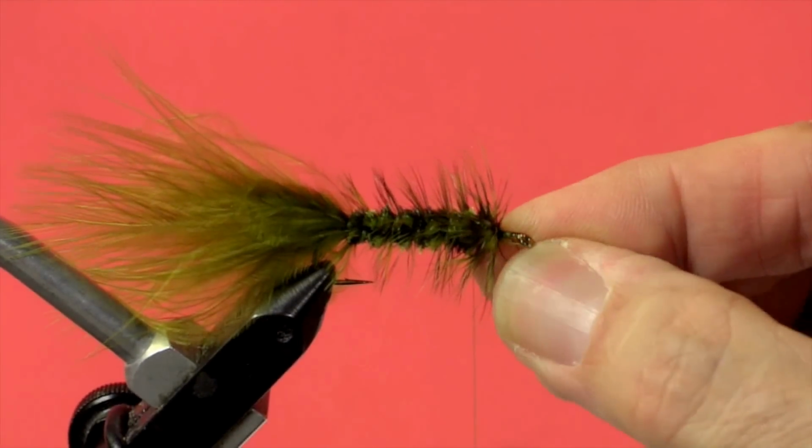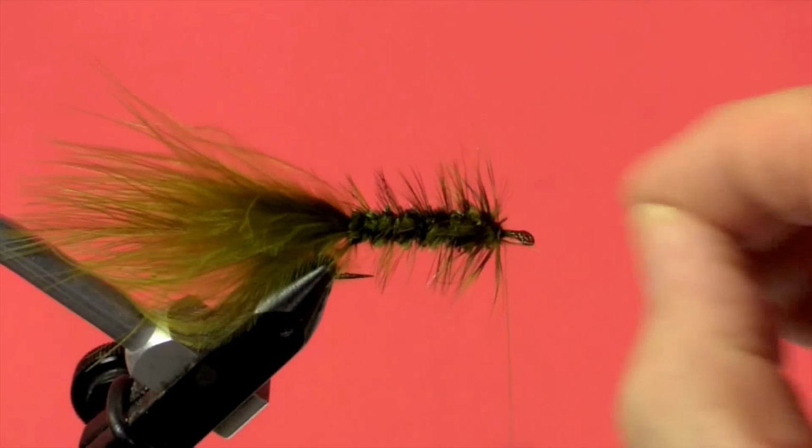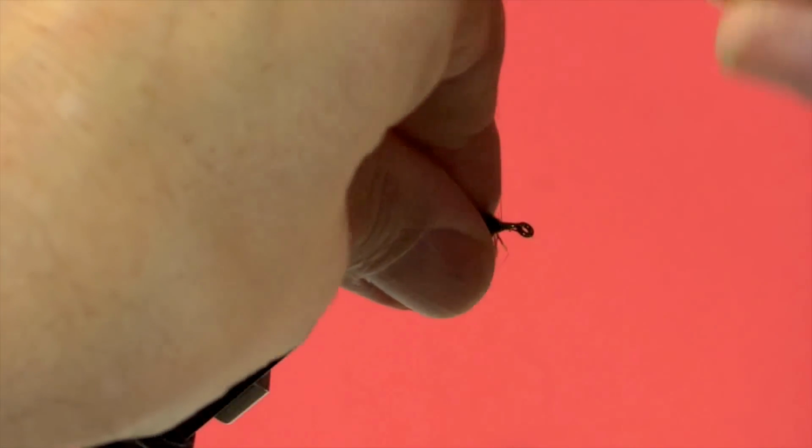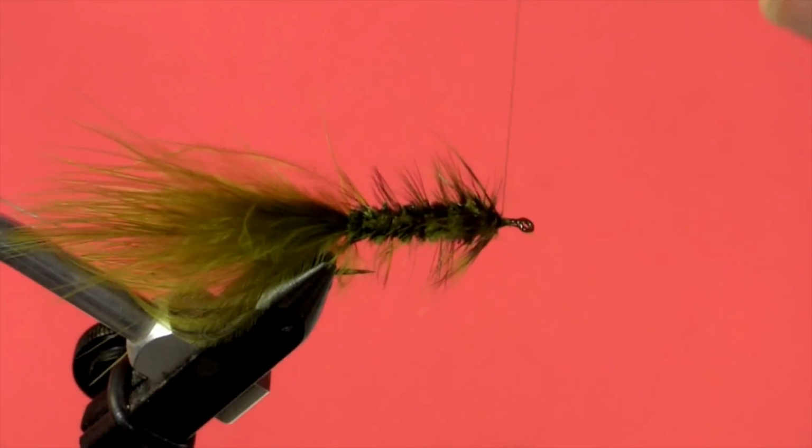Now if you have any strays, you can pick them off with your fingers, or alternately you can just brush this back and just make a few loops. There we go. Now the last thing we're going to do is wind on our wire,